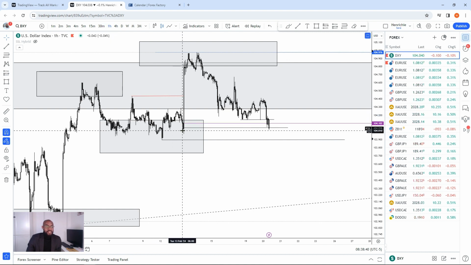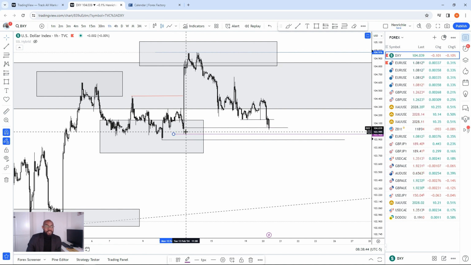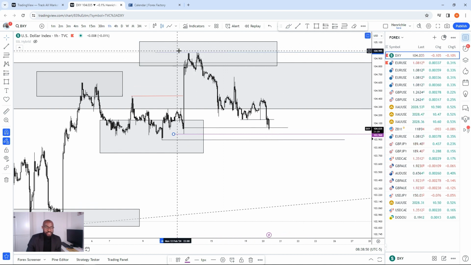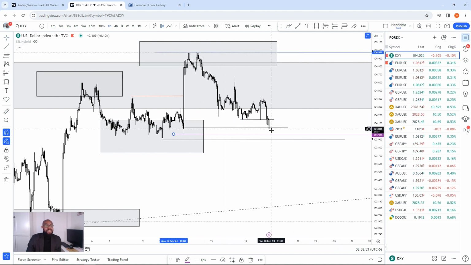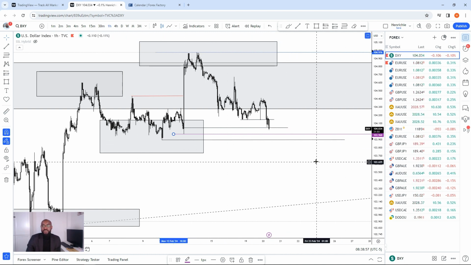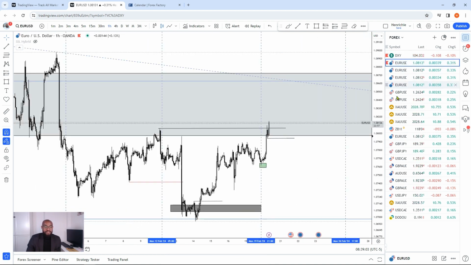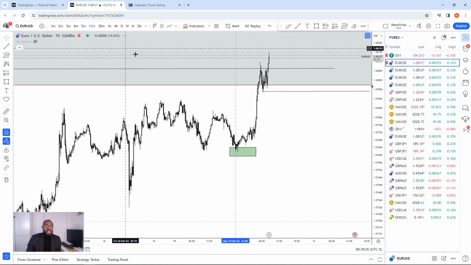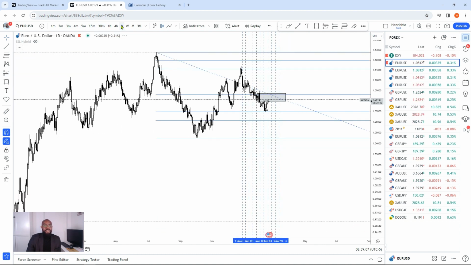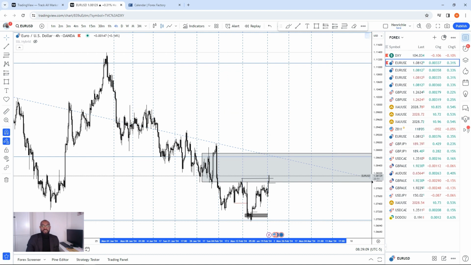And right here, even this low can also be taken. Price can also take this low and still rally above this high to run the buy side liquidity. Price can also run this low and run the buy side liquidity as well. It's very possible. That is why I'm not really in a haste to jump into the markets for trades. I'm waiting patiently. So for euro, what I'm looking out to see on the euro is